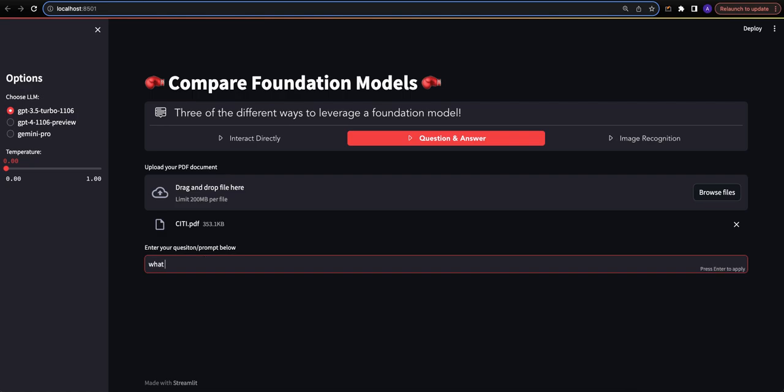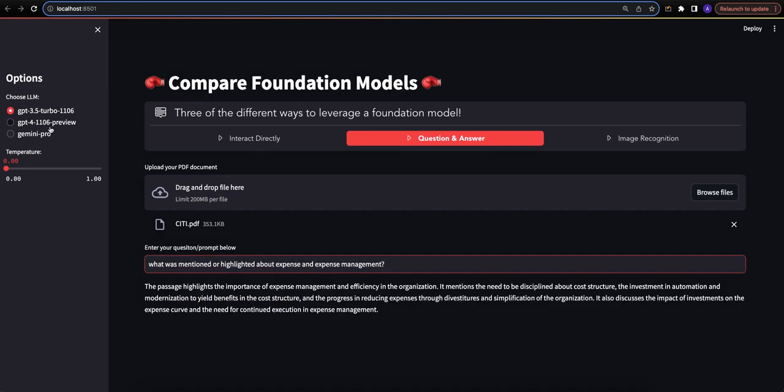All right, try it again. What was mentioned or highlighted about expense and expense management? That should work. So in order to keep things even, GPT-4 Turbo has a context window of 128,000, and so